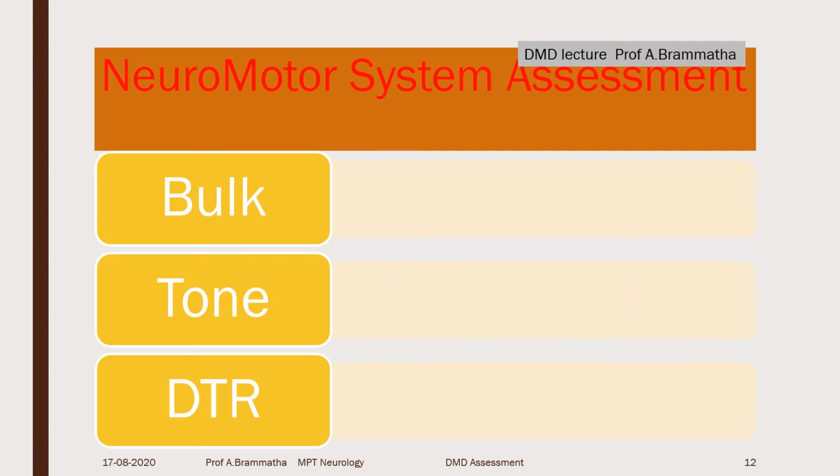Coming to the neuromuscular assessment, so we start with the basics like bulk, tone, and DTR. So the nutrition will be definitely reduced, but the bulk, if you see in the early stage, there will be a pseudo hypertrophy, but then later on there will be wasting. And tone, it's not any upper motor neuron disease like you see spasticity, no. Because of the loss of muscle bulk, there will be LMN hypotonia, flaccidity.